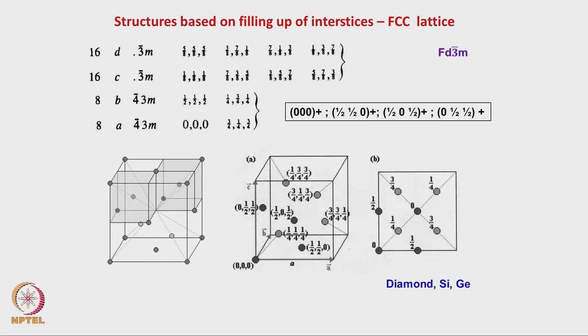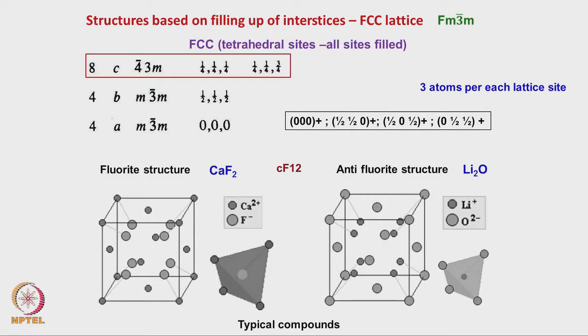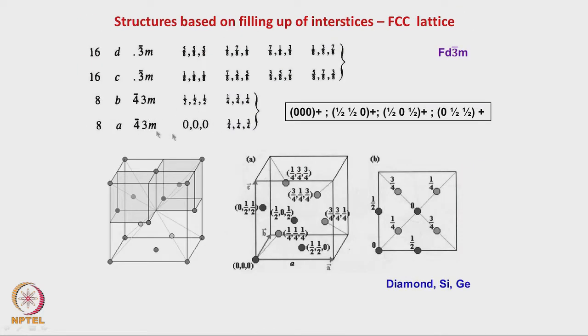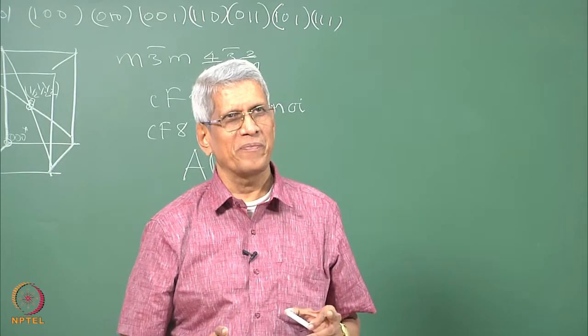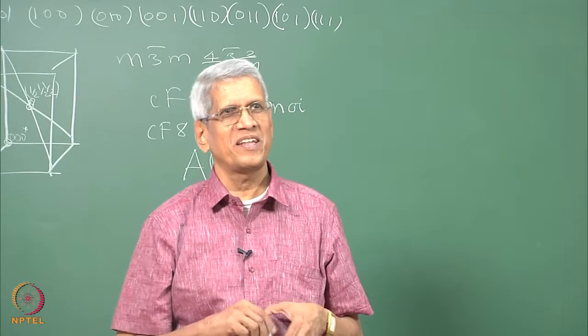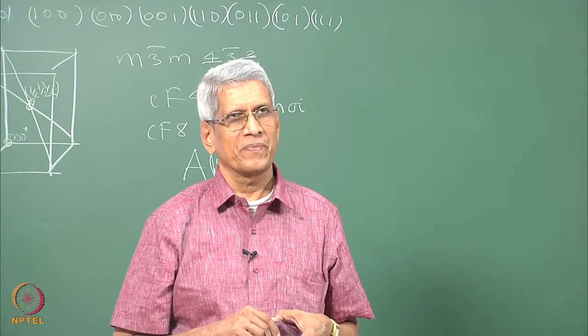You understand that? When we filled up this particular structure, here it is essentially the Wyckoff position table which we give for a structure which is essentially an FCC structure. You understand that? Here the symmetry is not the same, so essentially these two are slightly different, but the lattice essentially is an FCC lattice. That is a subtle difference between them. It is not filling up of some of the positions in that FCC lattice. Is it clear?